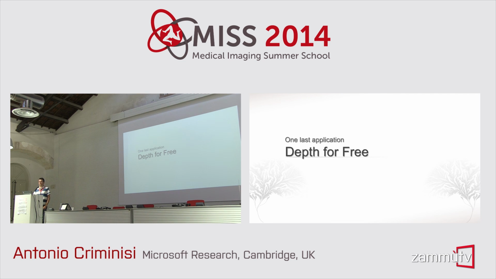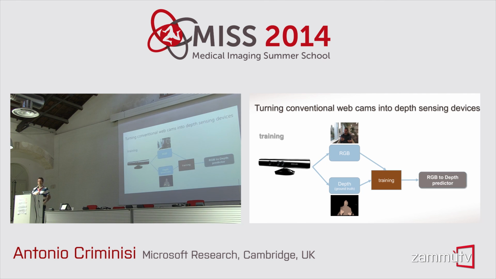It's a very simple idea. We have Kinect, which is a fantastic depth sensing device. It's not the only one, and it's one of the best, but not the only one. But we also have tons and tons of standard monocular cameras, like the one I've got in my laptop. Can we ever mimic depth sensing with a non-depth sensing device? Can we train a monocular camera to behave like a depth sensing camera? That's an exciting idea, which if it works, will put out of work many of my colleagues, which is not great, but still interesting to try.